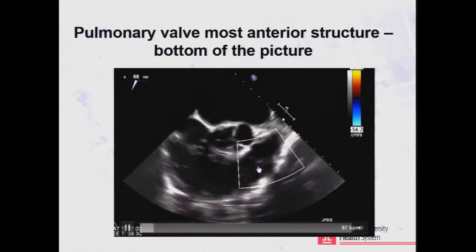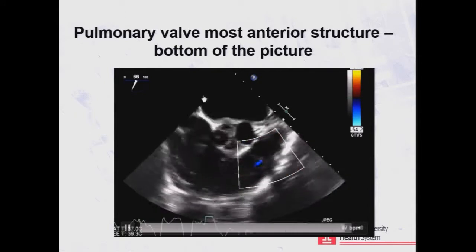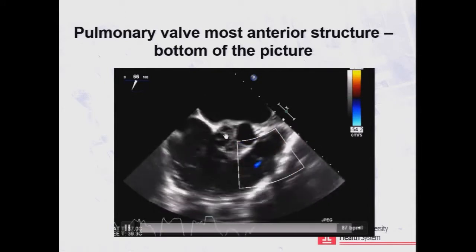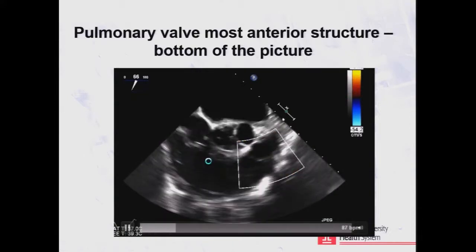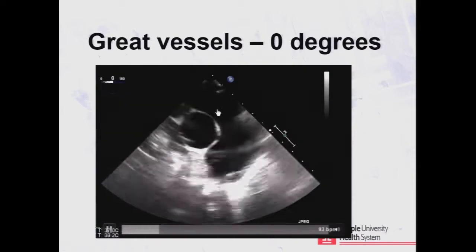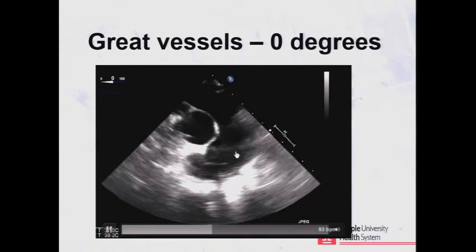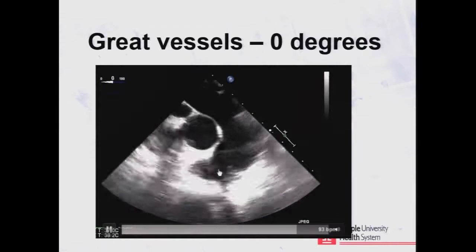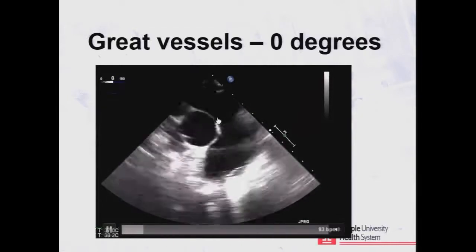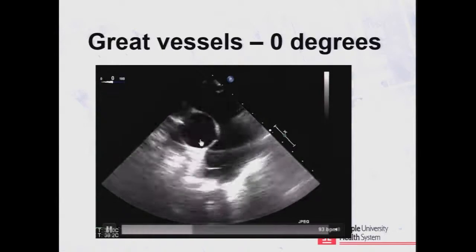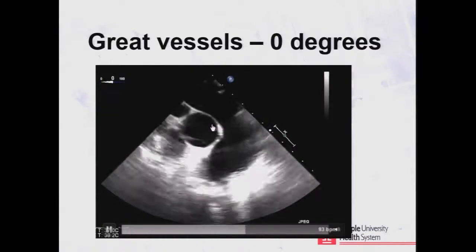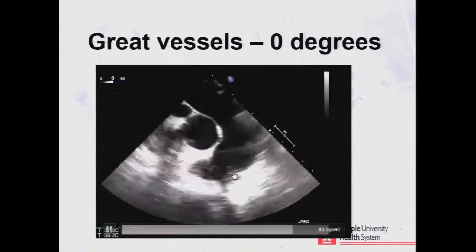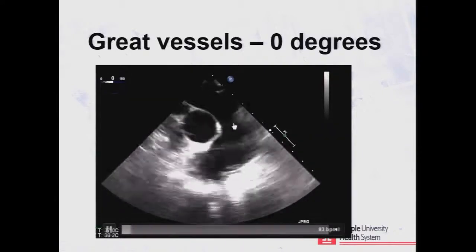And again, the pulmonic valve at the bottom of the screen, a little PR, the aortic valve in almost short axis, and the tricuspid valve here. Now, in patients with chronic pulmonary embolic disease, this view can be very helpful. At 0 degrees in the mid-esophagus, you find the aortic root and withdraw slightly. You will see, this is the pulmonic valve here, this is the main PA,